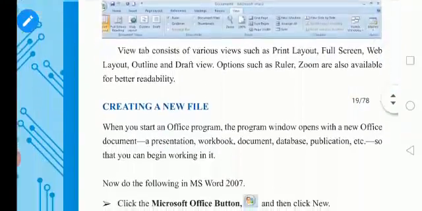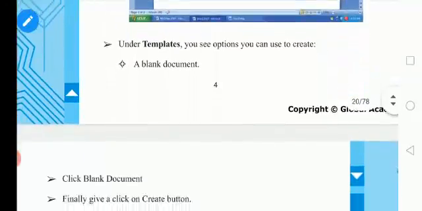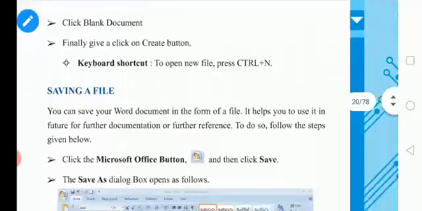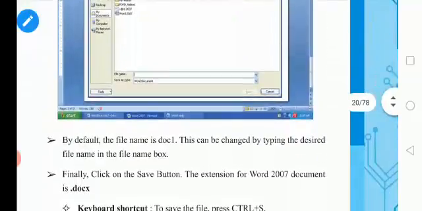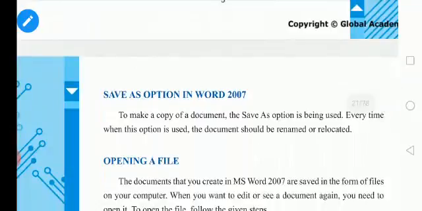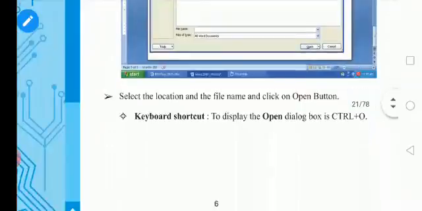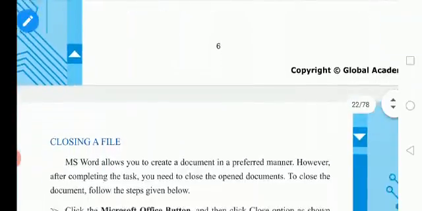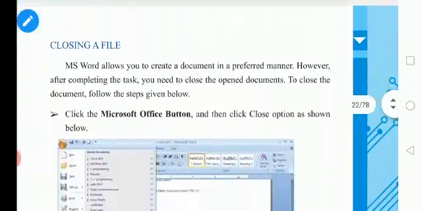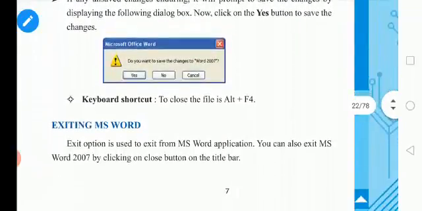So all this we have seen, and we have seen how to create a file, then opening an existing file, isn't it? Saving a file. Do you remember all this? And also the shortcuts for everything we have seen. Okay, and save as option also. Opening an existing file here. Then what are the shortcuts for that? Then closing a file and also exiting from MS Word, isn't it? So these all we have seen in the previous class.